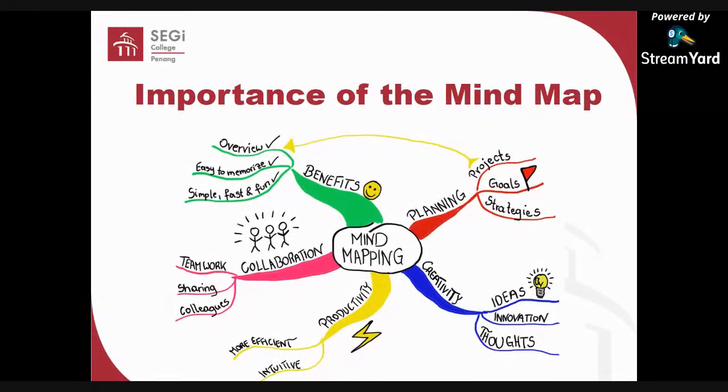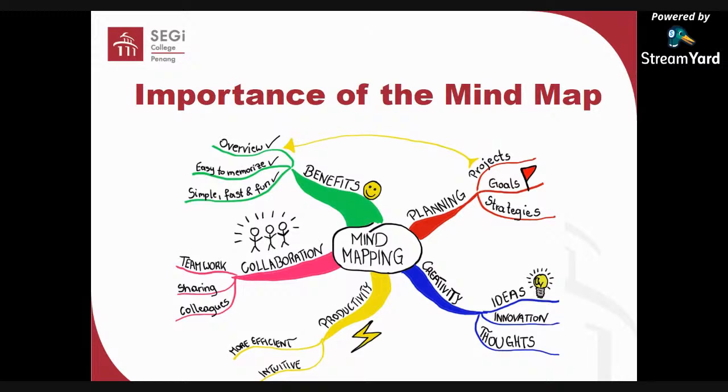Let you see, this is an example of a mind map. I will use this picture as a mind map to introduce the importance of the mind map. Can you see in this mind map, what is the benefit? Overview. That means that from this mind map, you can see the whole structure of the topic. Later I will continue with how you construct your mind map, and what form or diagram you can draw to represent it. So you can see the whole structure.